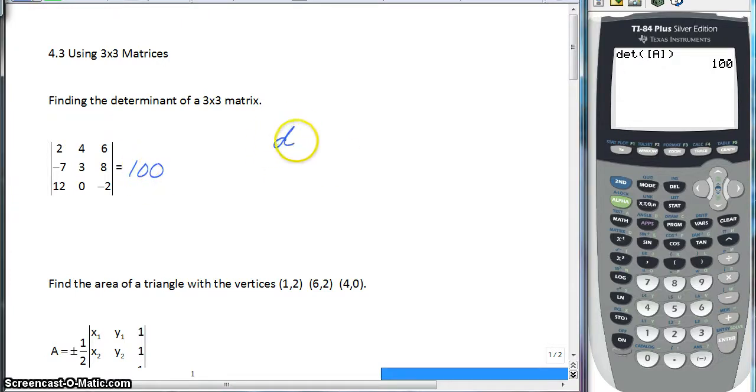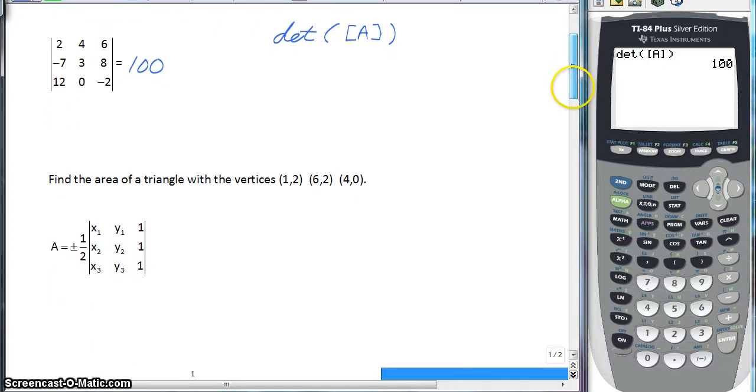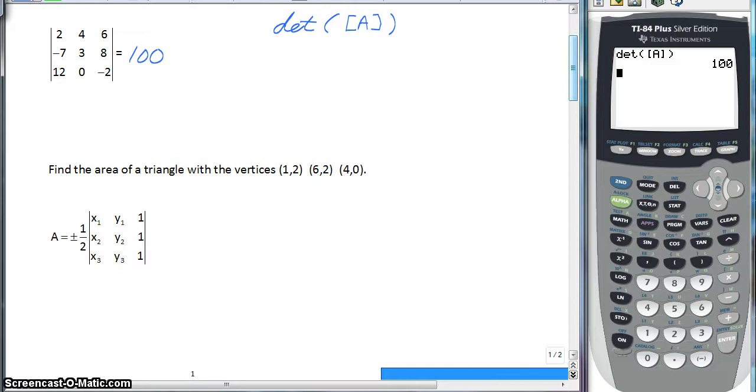And when you enter it in the calculator, remember it needs to look like this. And then you just press enter and it does all the work for you. Okay, now there's different things that we can do with the determinant of a 3x3 matrix. Back in geometry, you found areas of triangles. Well, if you had the 3 vertices of a triangle, you can use your graphing calculator to find the area for you if you were given 3 vertices. How you do that? It's just plus or minus